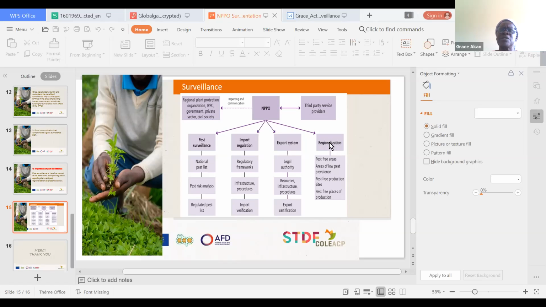You also asked about pest regionalization. Regionalization is sort of a new terminology, but it means you are defining this: you have the pest, and you can state with authority that in a particular area, pest A does not exist. If it doesn't exist, that area is free of that pest, and therefore you term that production area a pest-free area.